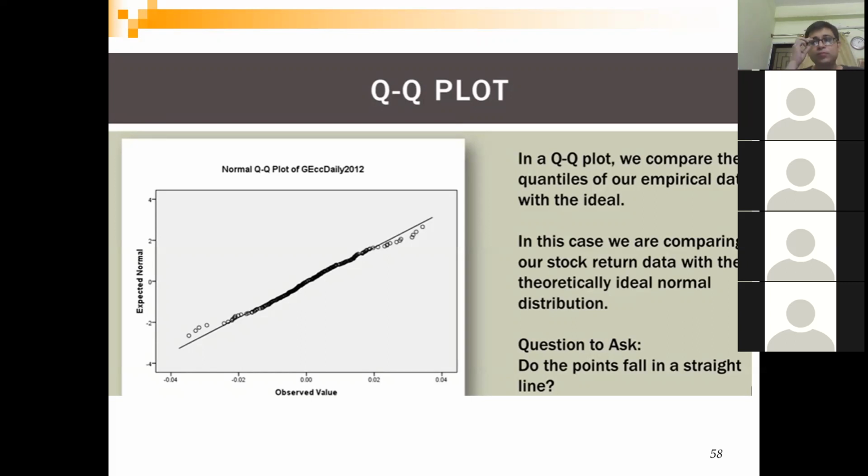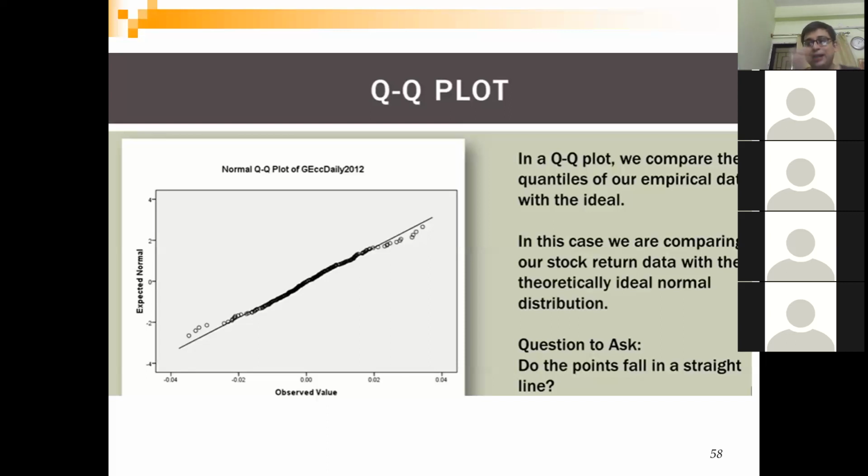Okay. So now you are getting a point, right? Expected value of quartile 1, observed value of quartile 1. So you get points. And then once you plot it, this plot is called a QQ plot. And if your distribution is a normal distribution, then what will happen? You will get a perfect straight line. Okay.